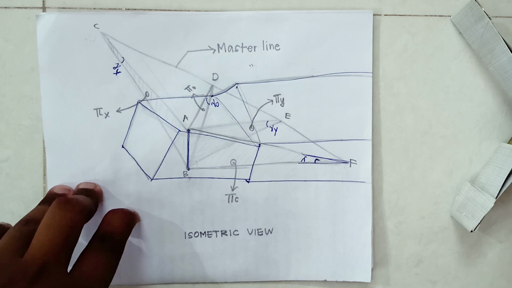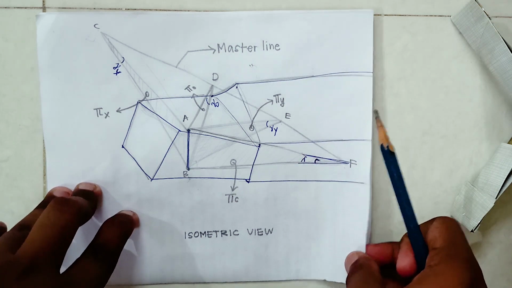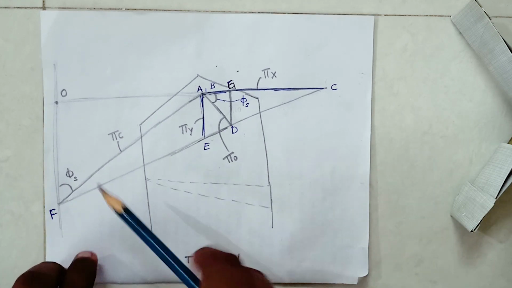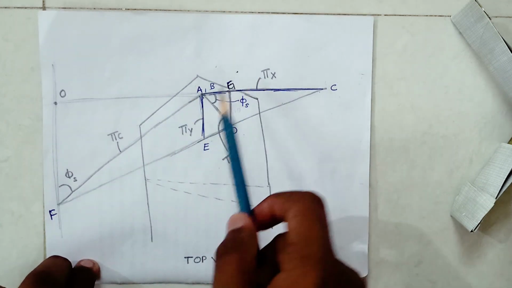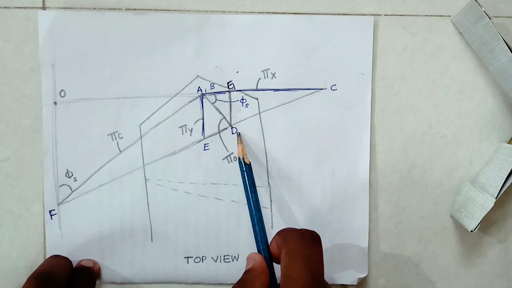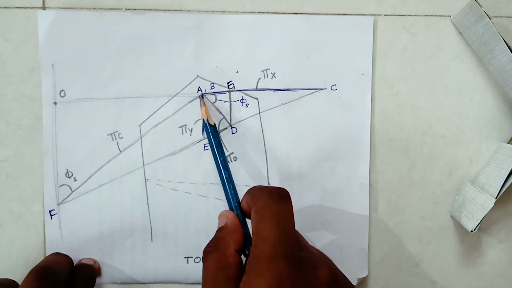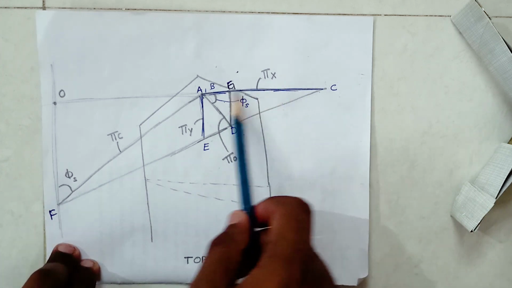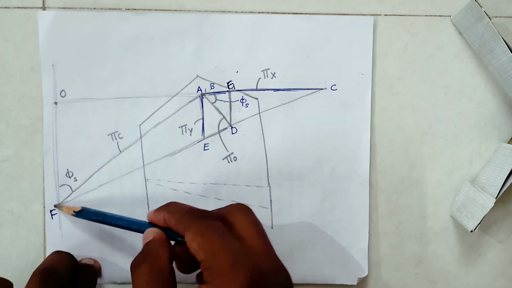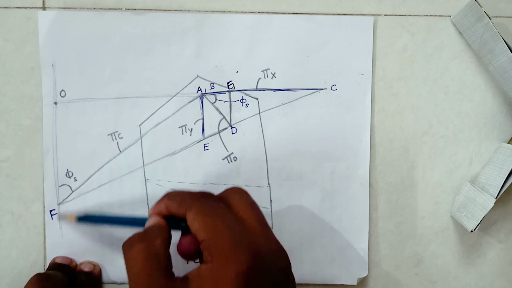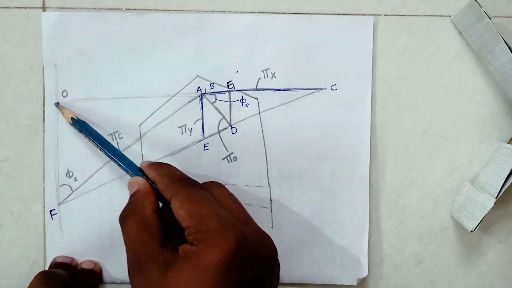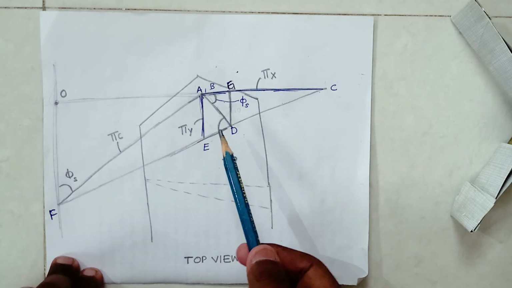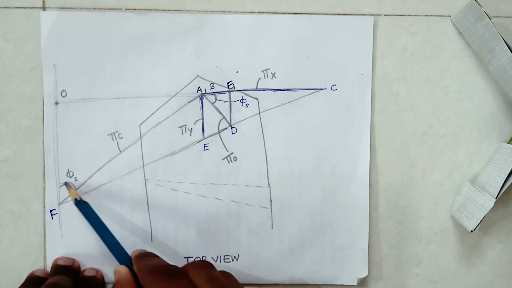Okay. The second step is to look at it from the top view. You can see here, this is the pi C plane, cutting plane. This is the orthogonal plane. This is the pi x plane, and this is the pi y plane. I can extend this pi x plane back here, and if I draw a line passing through F and vertical line, it will intersect at point O. Now if you remember the definition of side cutting edge angle, this is the side cutting edge angle right here.